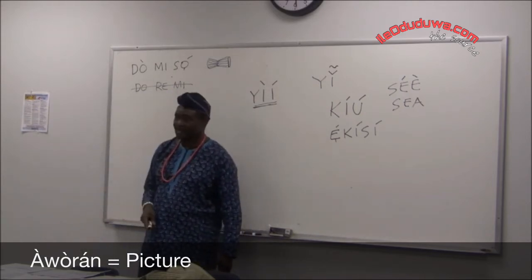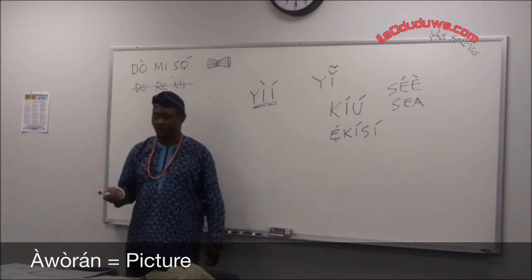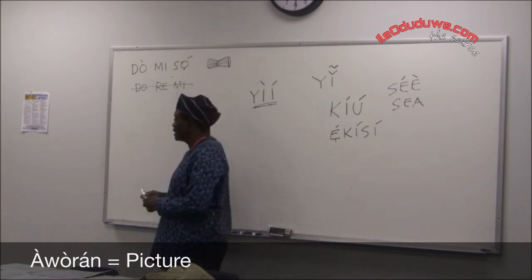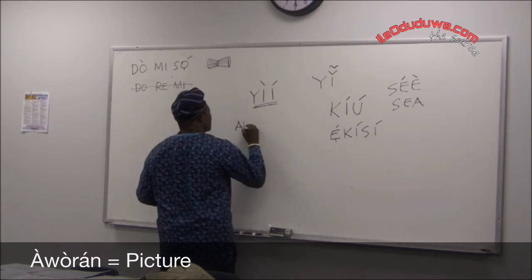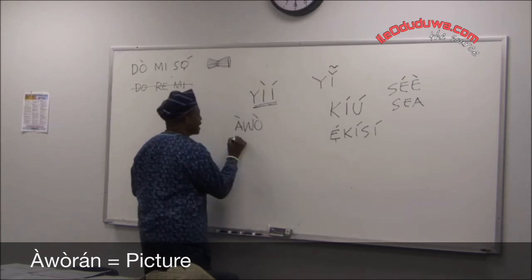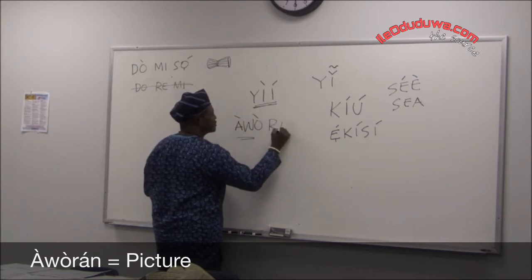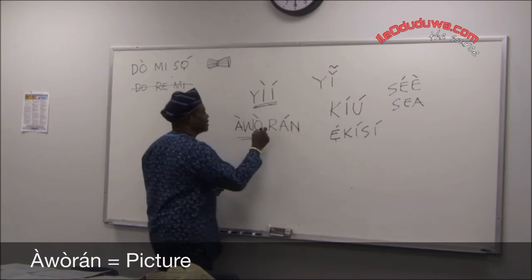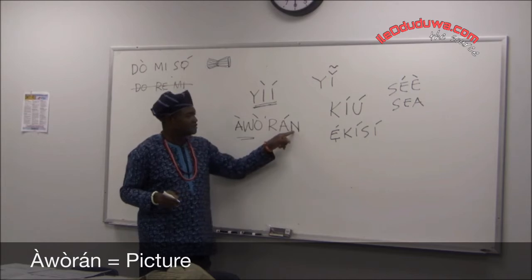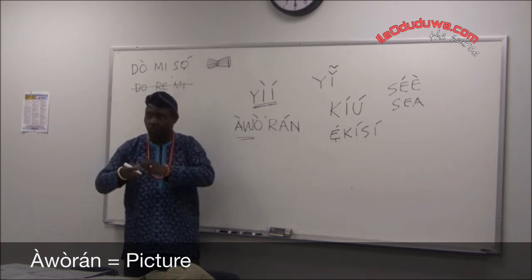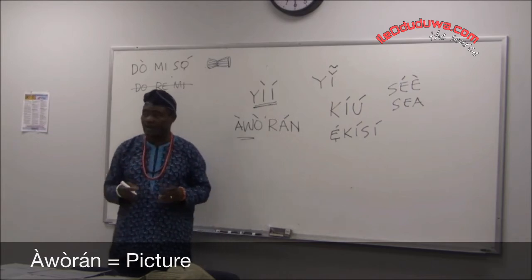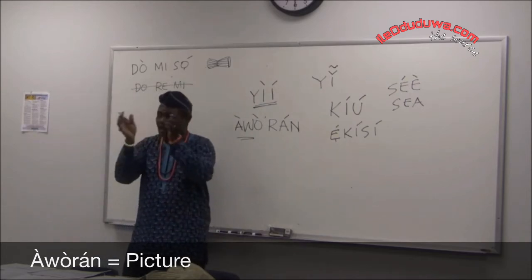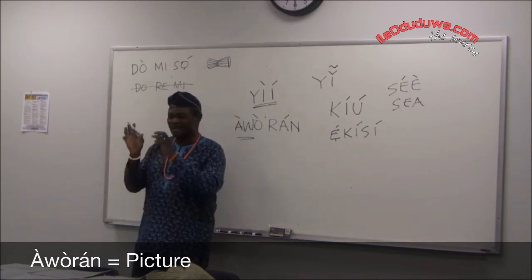Àwòrán? That's a picture. A picture on the wall or a drawing is àwòrán. Àwòrán? Let's break it down. À, wò. The way we look at things, à wò. Ran? This refers to iran. It's not ran like sew something. Ran is to tie something up, right? Figuratively, I will ran. When we start saying words together, then things change, and it gets a little bit confusing